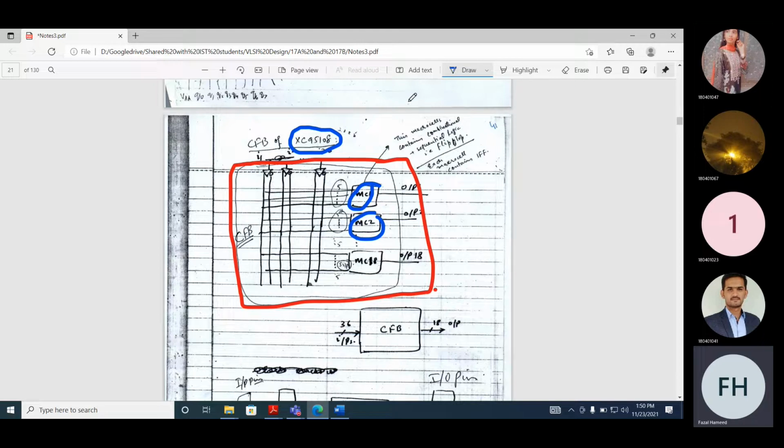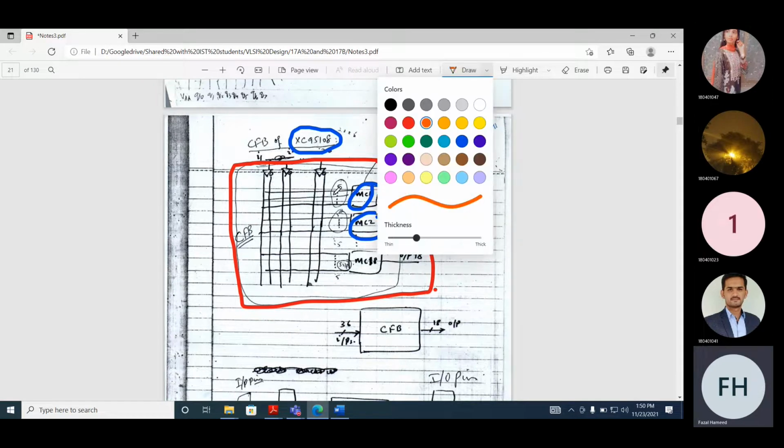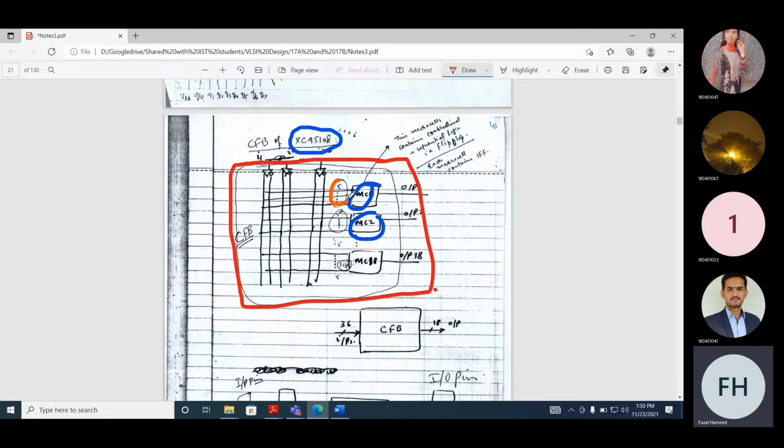Now if you look at the macro cell, how many terms are there? 5 terms are there. It means that each macro cell can implement a combinational or sequential function of maximum 5 minterms.